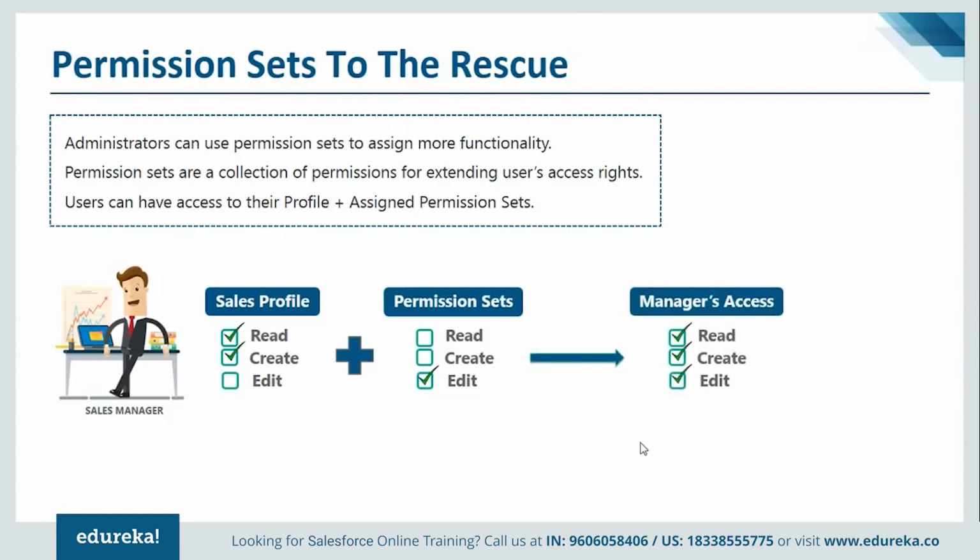And this way, he'll have access to everything. He'll have access to what is there in the sales profile, and he'll have access to what is there even in the permission sets. And this is the benefit with permission sets: you don't disturb the profile here, and all the other people have the same permissions, and it's just this one particular person who has this additional credentials. So that's why permission sets are always beneficial, and that's how they save a lot of time and save a lot of energy, and they make things very efficient